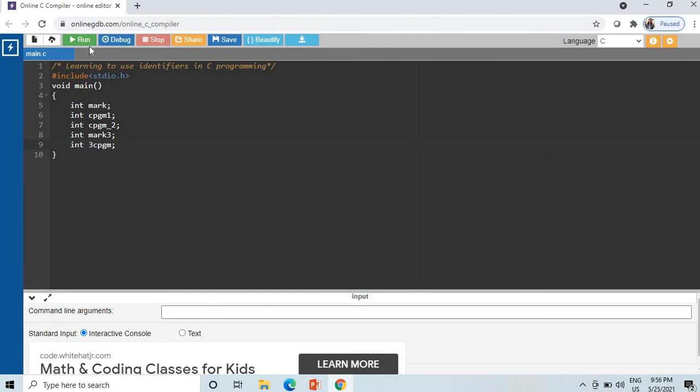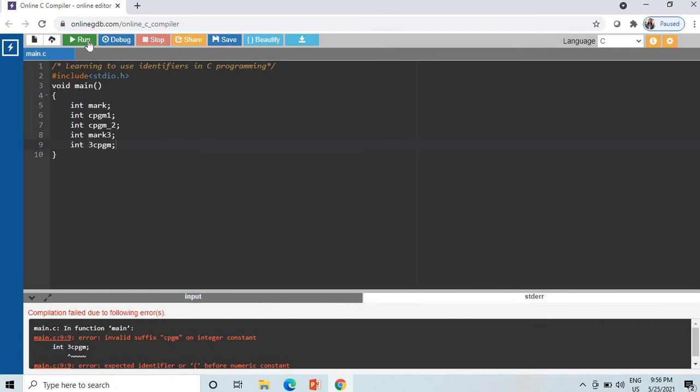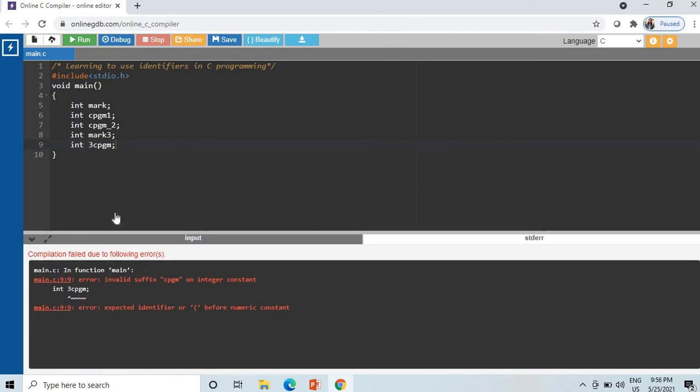Now let's see what happens if I execute this. You can see the error here. int mark is valid, so there is no error for that. int Cprogram1, this identifier or variable name, is correct.